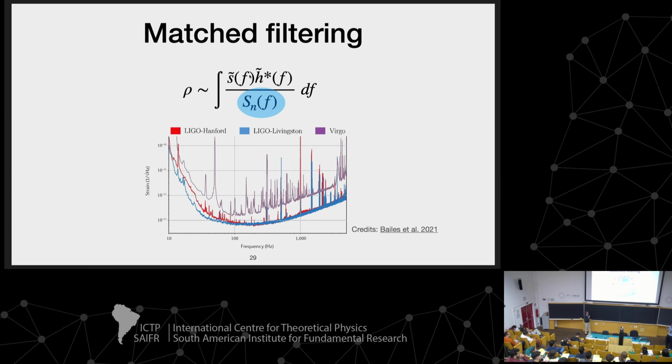what happens is that the frequency depends on the masses. So if you want to measure objects that are more distant, you need to go to lower frequencies, because more distant means also higher masses, because what the detector measures is the detector frame mass, which is the mass times 1 plus z. Z is the redshift. So if you go to higher redshift, more distant, you are going to have higher masses, so you're going down in the frequency spectrum. At that point, Newtonian noise is your worst enemy. But for BNS, we are safe.